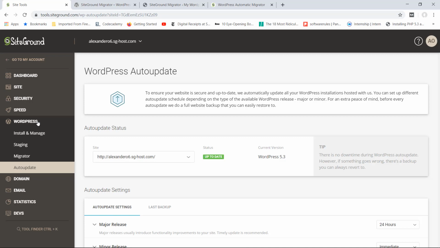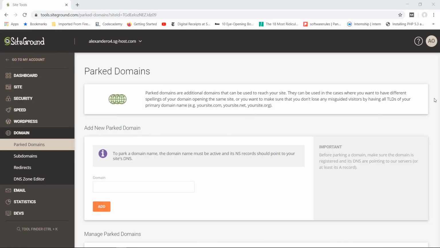Let's now move over to the domain section. Let's move on to the very next section, and we're talking about the domain section. And under domain, we have parked domains. Now, a natural question I might have is, what exactly is a parked domain and why would I want to use one? Let's say, for example, you have a site called smalls.com, right? SMALLS.com. There is a tendency for people to mispronounce or mistype your domain and instead type in, let's say,